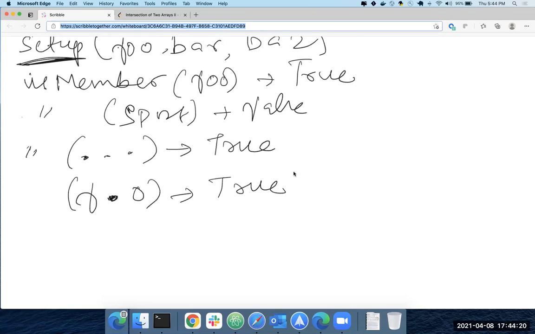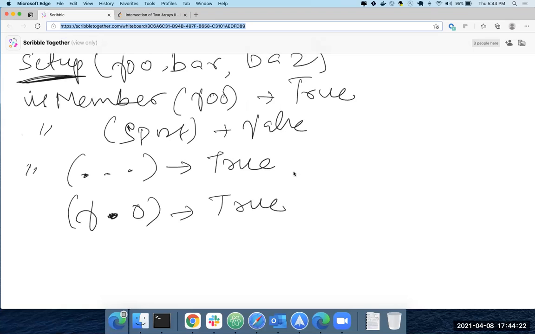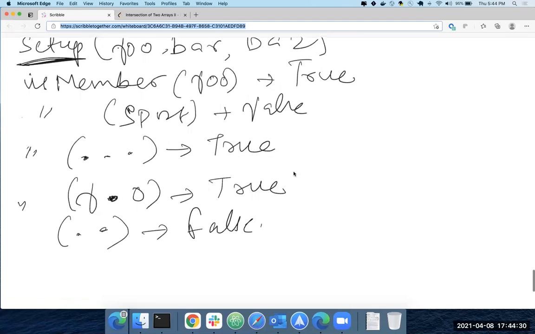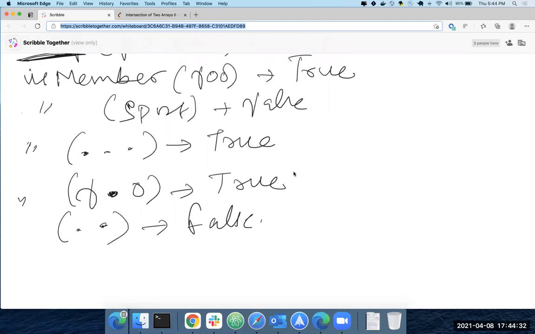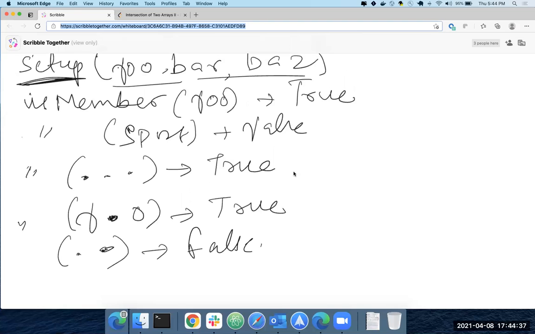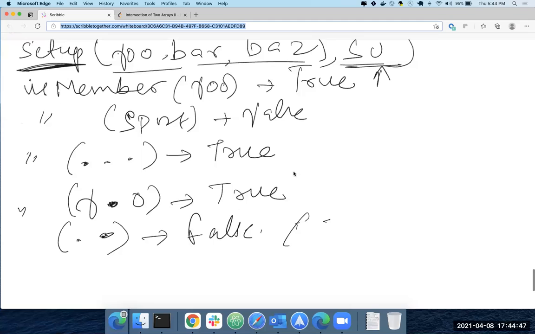Dot means replace with any character. One more, this returns false, because it's not a word. This length is 2, and we have no words of length 2. If there was one, you could have returned true.